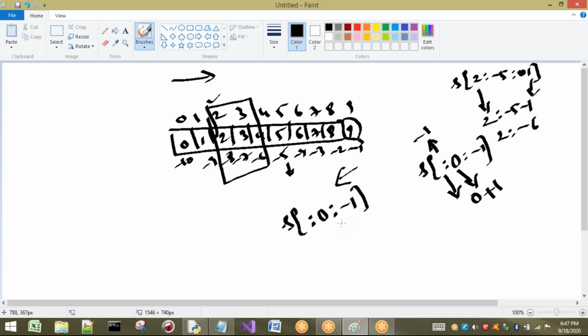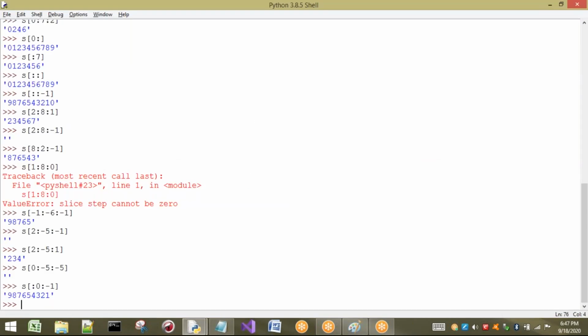Backward direction. Whenever we are going to consider backward direction, n should be what? N plus 1. That is nothing but 0 plus 1. That means minus 1 to plus 1 it is going to consider. That is nothing but what? 9 to 1 the output is going to be generated. 9 to 1 it is going to be printed.